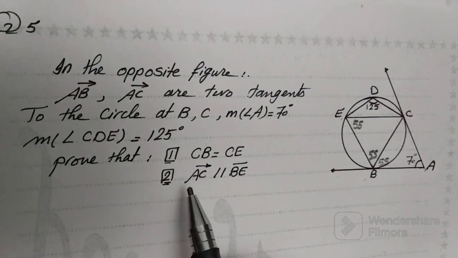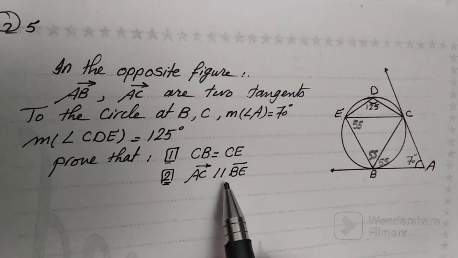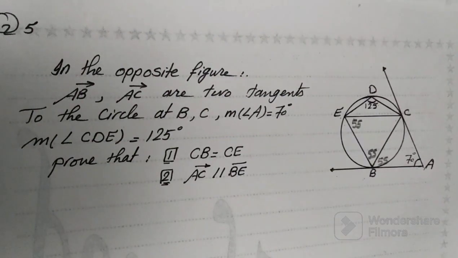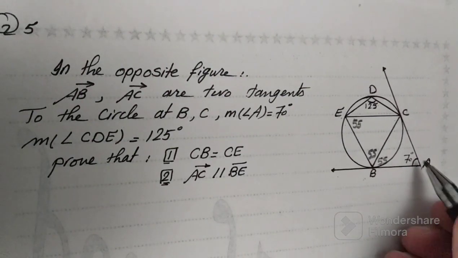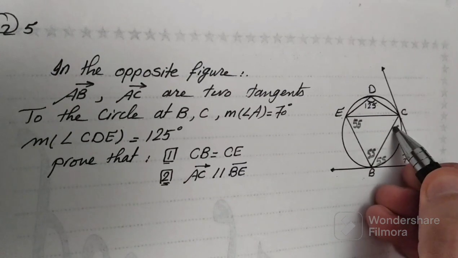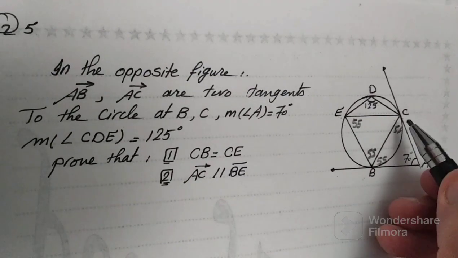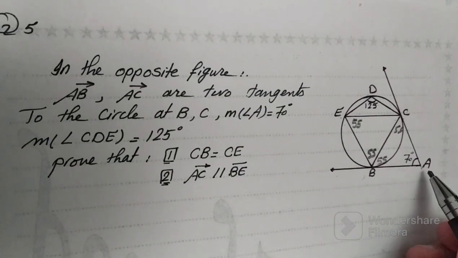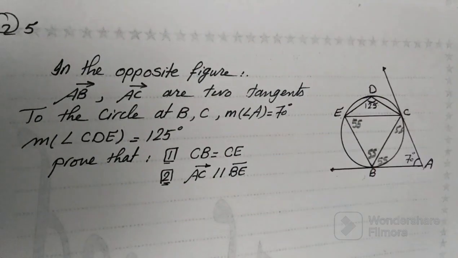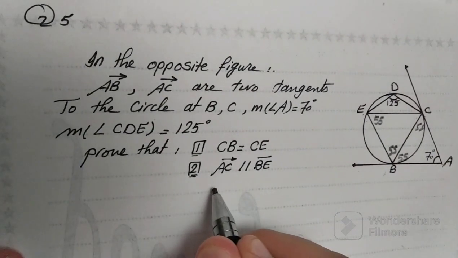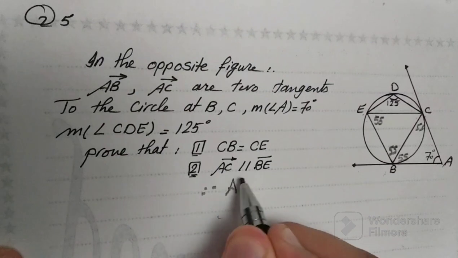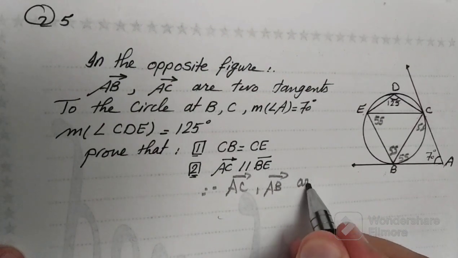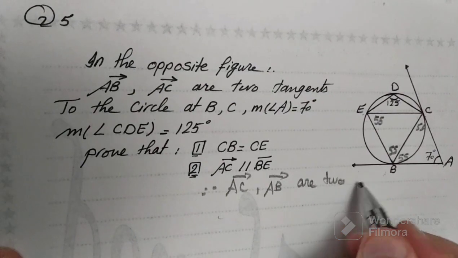The second required: AC is parallel to BE. Since the measure of angle ACB equals the measure of angle CBE, which are alternate angles, therefore AC is parallel to BE. It's very easy. Since AC and AB are two tangents,